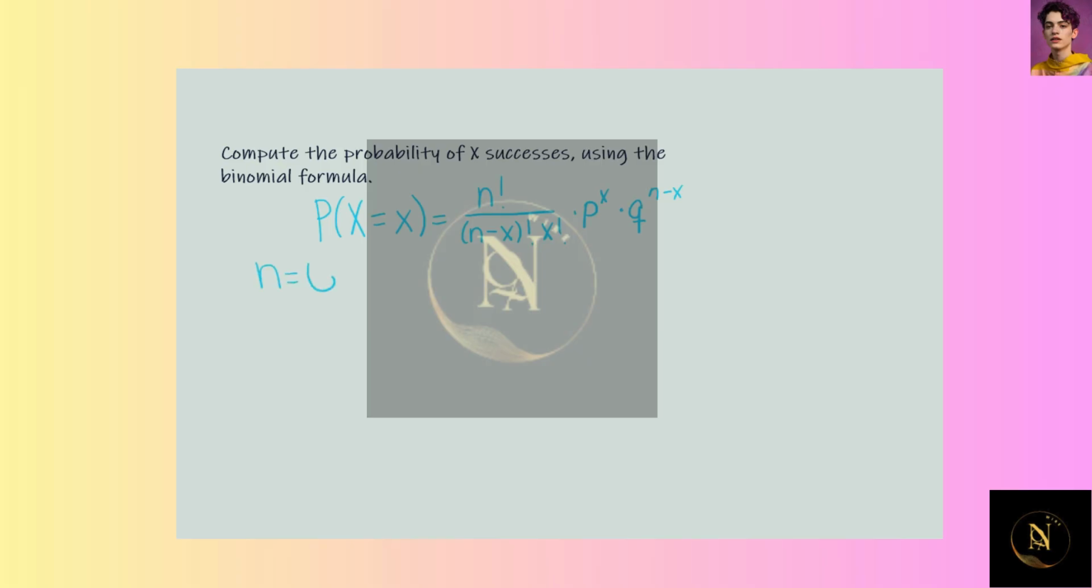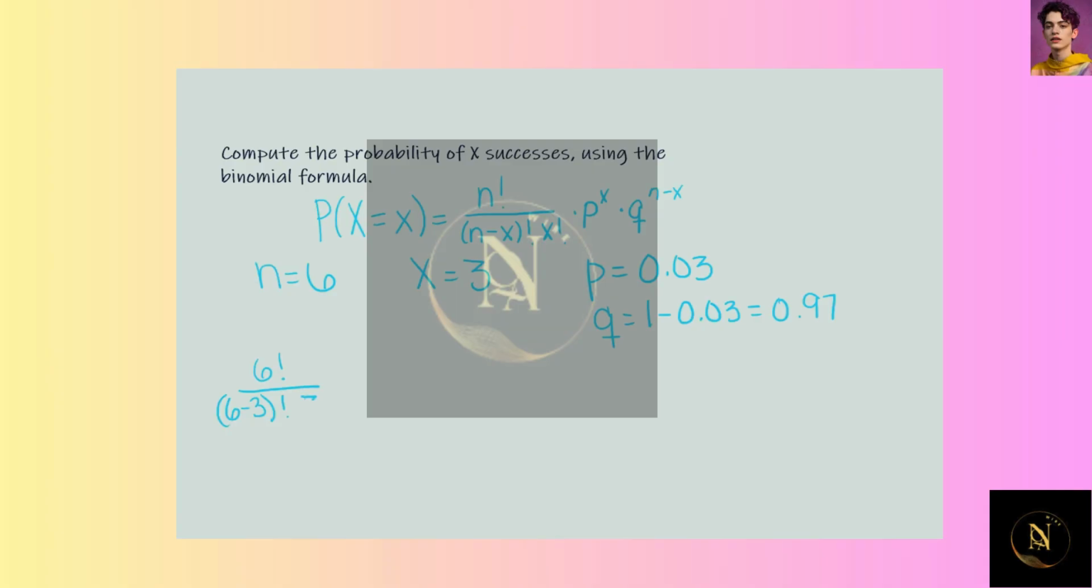N equals 6, x equals 3, and the probability of success is 0.03. So I think it's helpful right away to go ahead and calculate q, which is 1 minus 0.03, which is 0.97. So using the formula, we do 6 factorial divided by 6 minus 3